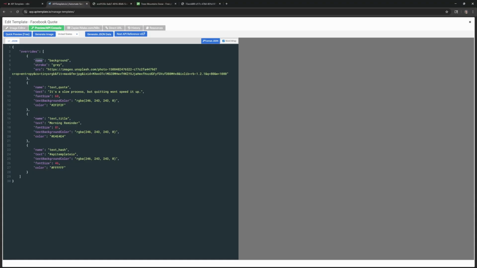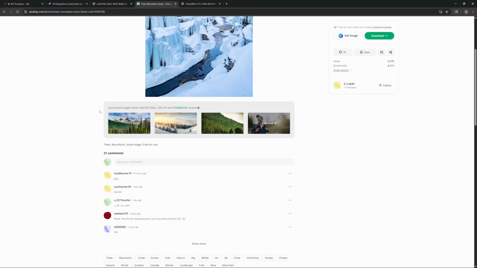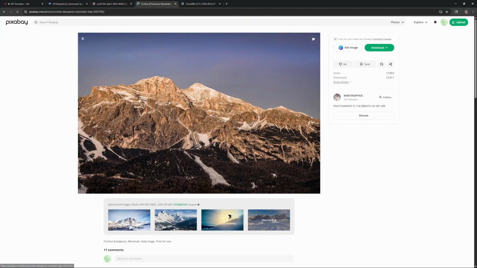But the name of the layer is going to be that. And then these are kind of like some default values they think that people are going to use typically. But for instance, if we're going to change just the text, quotes, and the background, we actually don't need to send this other stuff. So I'm going to take those off. And then the text is what we're going to change, along with the source. So just for example, let's go grab another one.